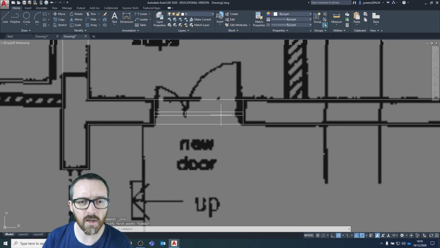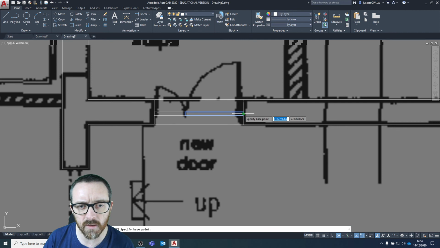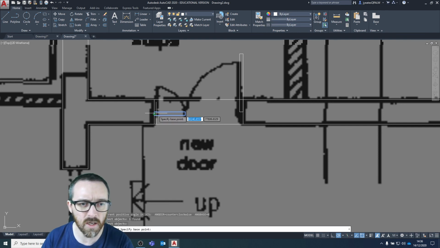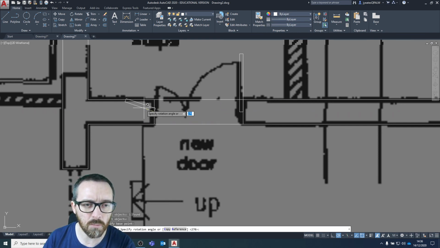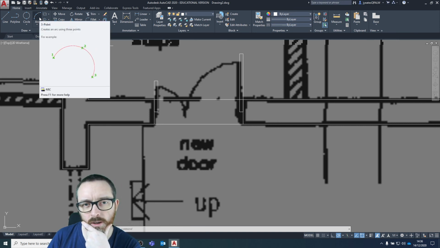Let's press escape and select the first one, and we're going to rotate this up. So I'm going to specify the point of rotation, and I'm going to rotate it like so, and then I'm going to select this one. So I'm going to choose the rotate tool again, specify this one, press return, specify the rotation point, just like so. Okay, so we've got our two doors,